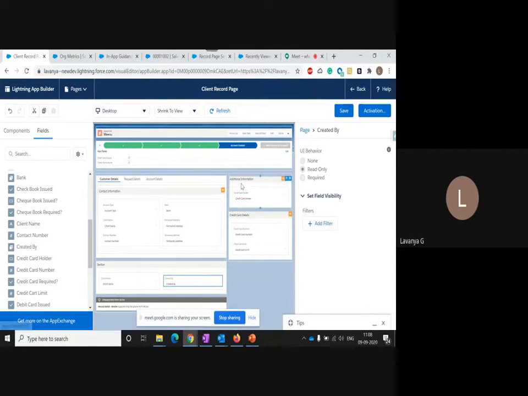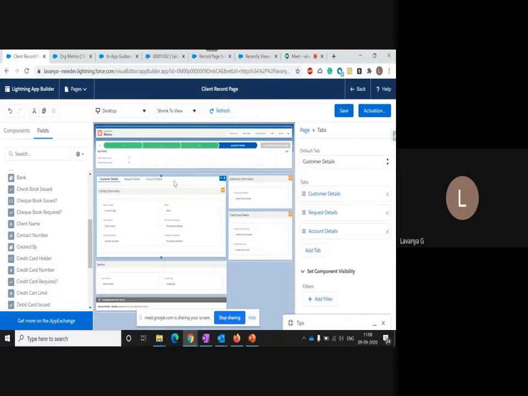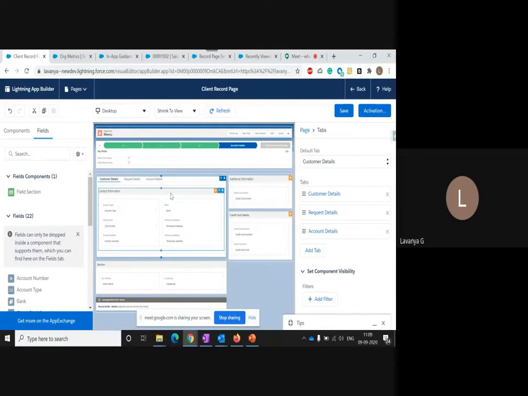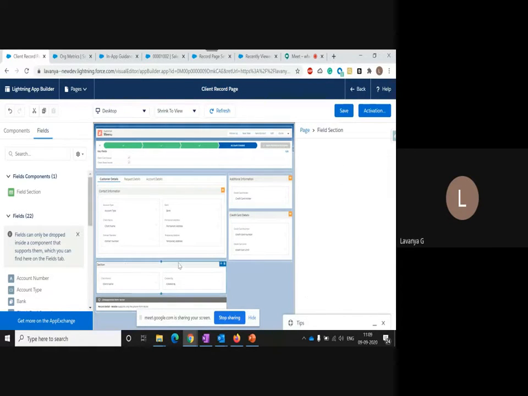And here also, right? So I did not use even the record page detail and related list page. Yes, I did not use that detail page because this is just the component. This is just the field section component. I am using just the field section component, and if you want to create tabs, you can use it. I have created 3 tabs. If you don't want to see the tabs, that is also completely okay. If you don't want the tabs, you can quickly remove this one.